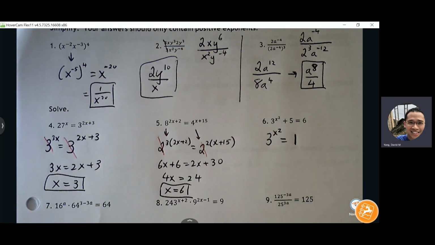Okay, so for 4, I only have to worry about the left side, getting that 27 down to the 3. But number 5,